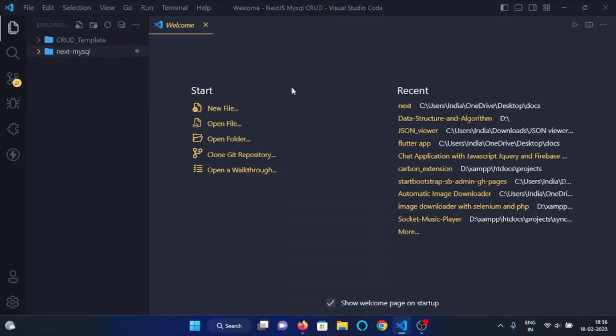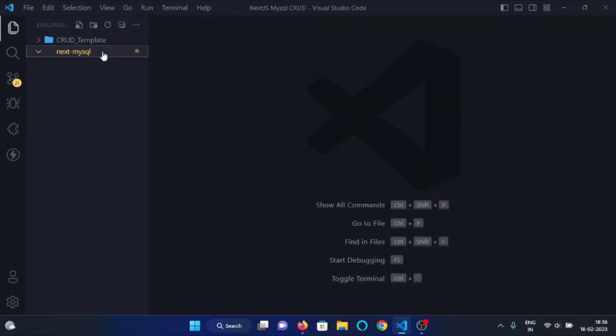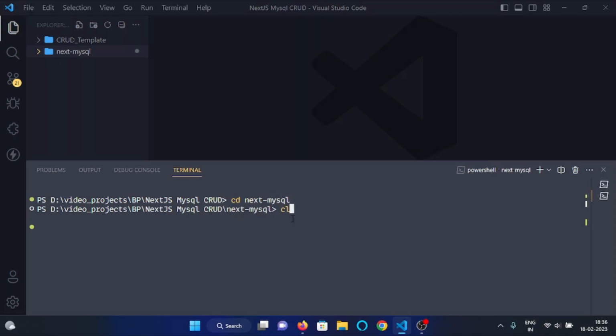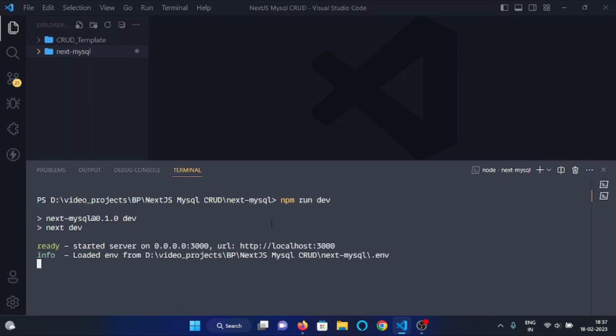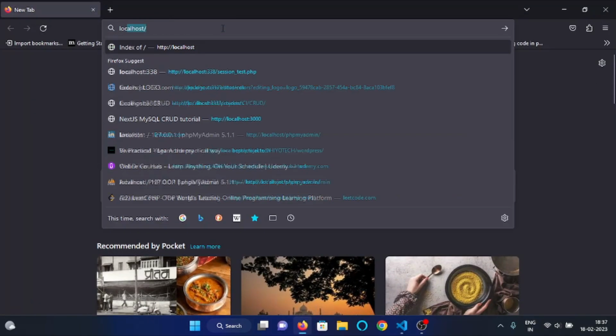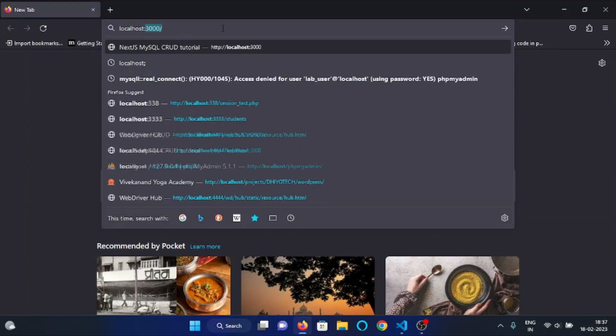So back in VS Code, as you can see, this is my project directory and I will open up a terminal. And first of all, let's change the directory to Next MySQL, and then I will start my server. And here you can see my server is up on localhost 3000. So in the browser, I will visit localhost 3000,